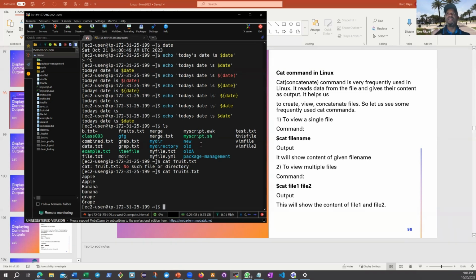The echo command is, so this will give you the content of this file. Echo command echoes back what you asked it to give back. So in other words, if I say echo me, right? Apple, banana, grape,